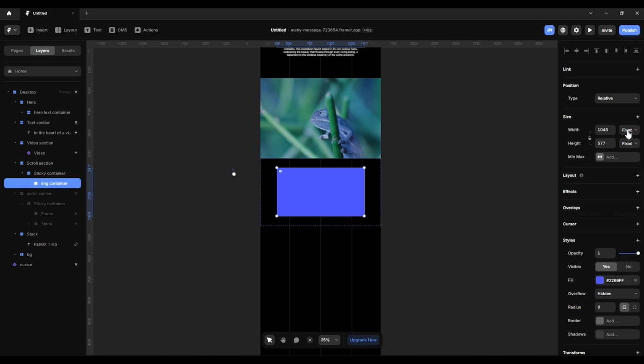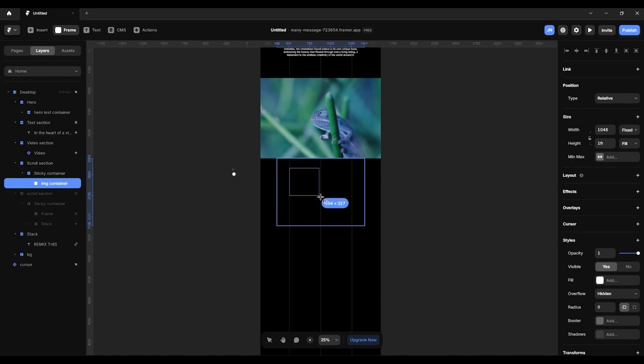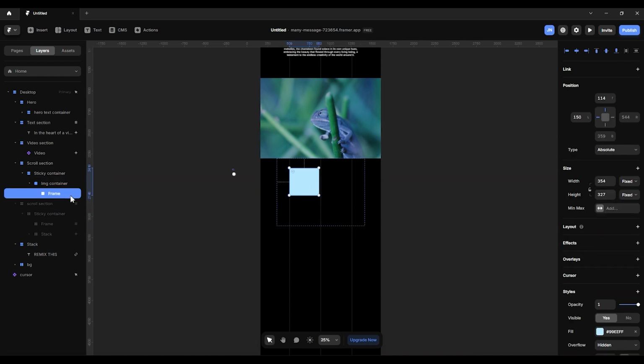So the next thing, we can place the height to fill the available space, and then we can start adding images into our container. So remember, we can just remove this fill. Now we have the container, the image container, where we can now start adding our images. So let's create a frame here. Let's assume this is now our first image,